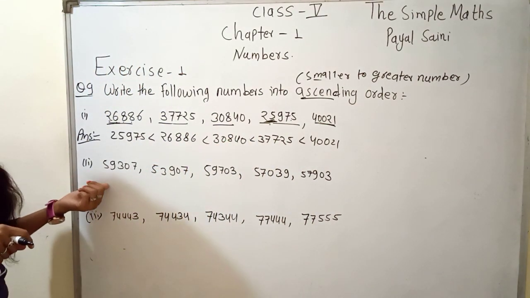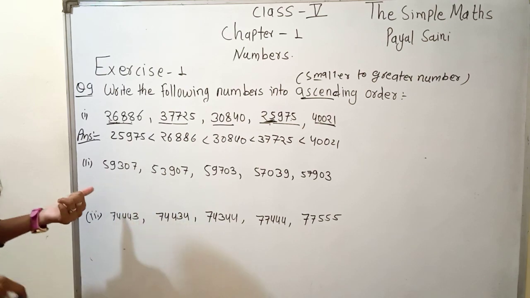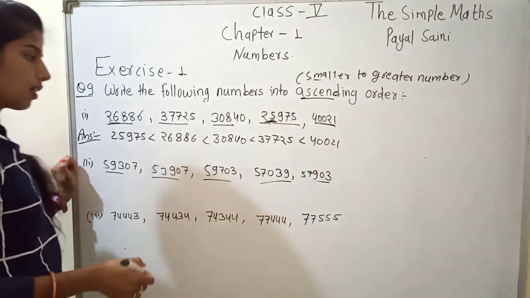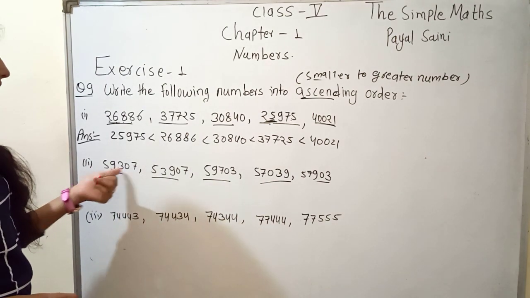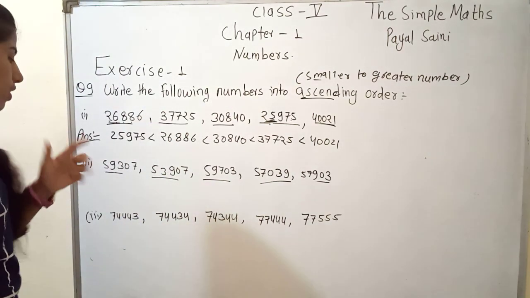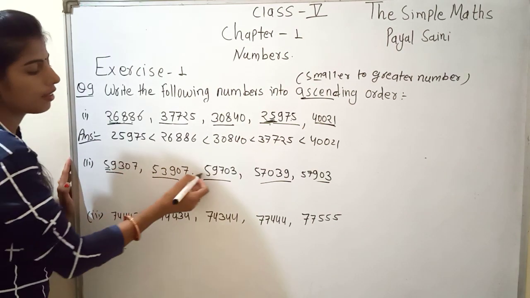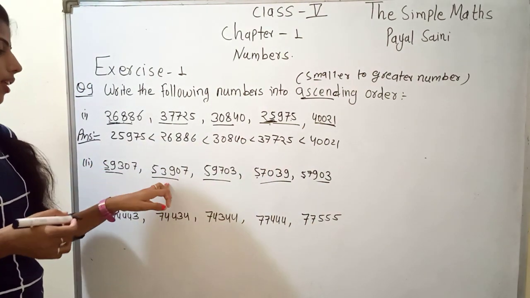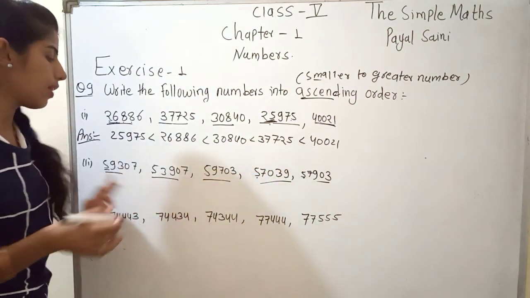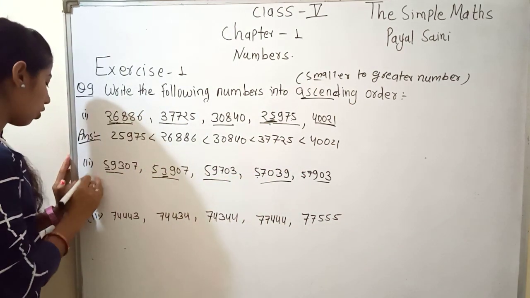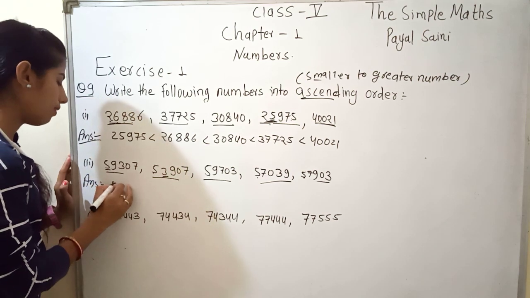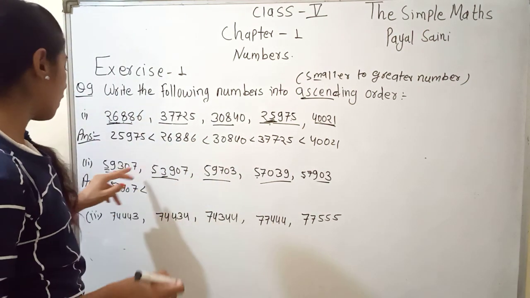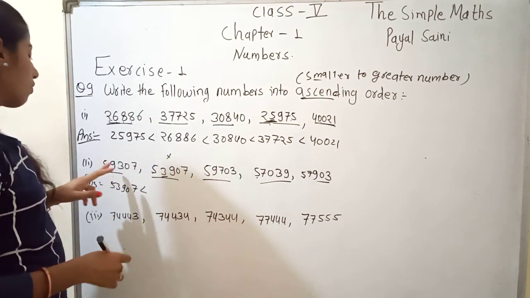Then next, in the second question, here also all are in the same digit, 5 digit. When we see here is 59, here is 53, and first we see only the first digit, 5, 5, 5, 5, 5. Then we don't solve. The next is here 9, here is 3, 9, 7, 7. Then we can say this number is the smaller number. Then we write here 5, 3, 9, 0, 7. That is the smallest. After that this number is cut.